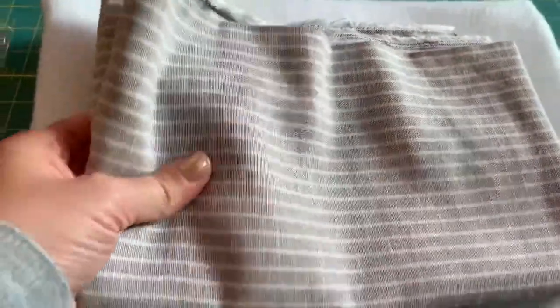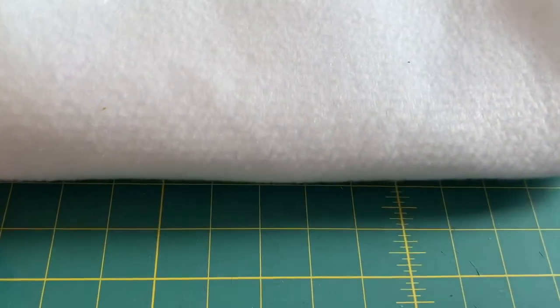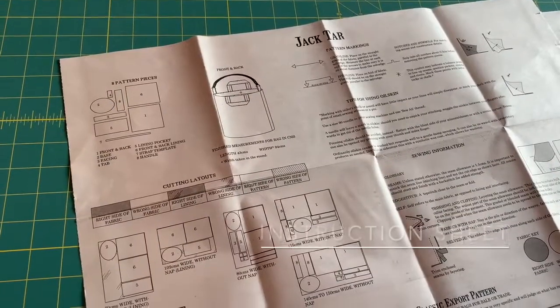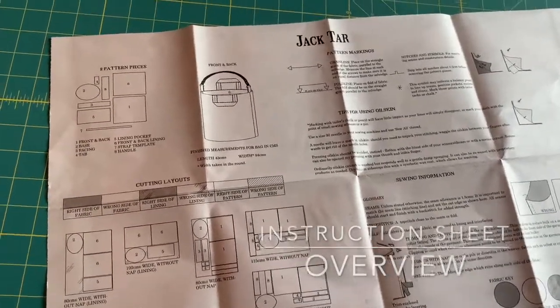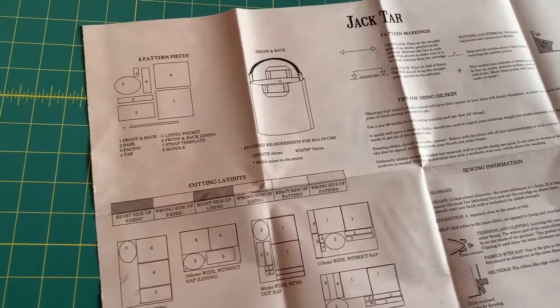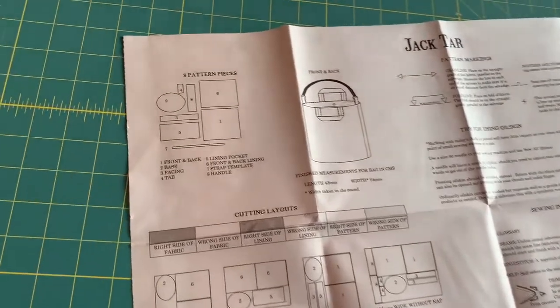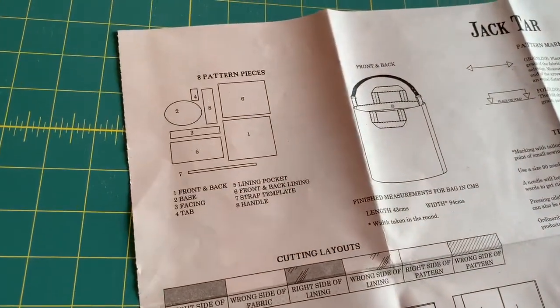Our linen lining fabric, as well as some fusible fleece interfacing that we'll use to make the bag a little more sturdy. I have the instructions for the Jack Tar bag here, and I'll just quickly go over what's included in the instructions. We have our list of pattern pieces that we'll be using,